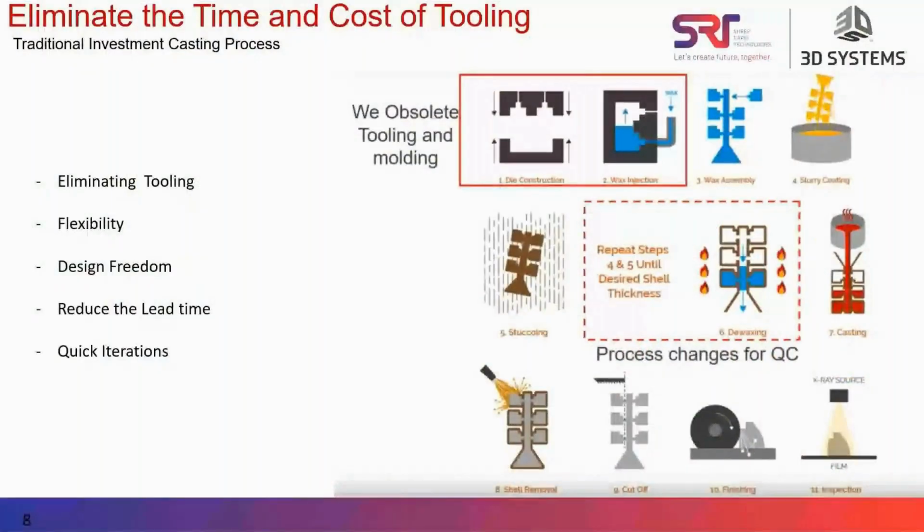These are the standard procedures industries or foundries follow for the investment casting method. Where 3D printing comes into the picture, it is eliminating the tool, which means you do not need a tool to make the investment casting pattern. For that you have flexibility. You can change your design, print your part, and iterate quickly. You can make complex structures, and you do not need to wait for the mold, which takes more time to get. So that is one of the advantages of having a QuickCast pattern in 3D printing. The rest of the process is similar, except where the process changes.